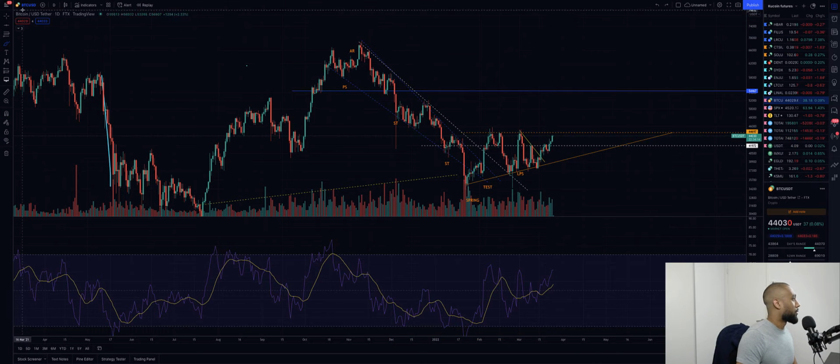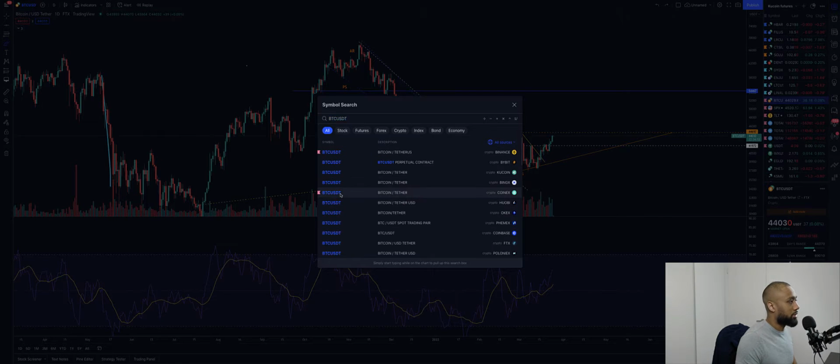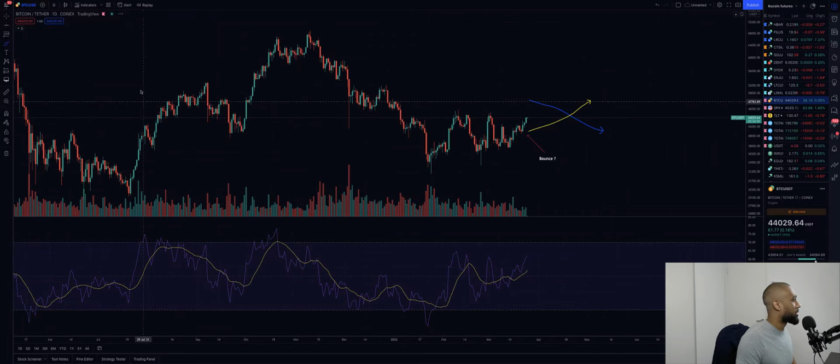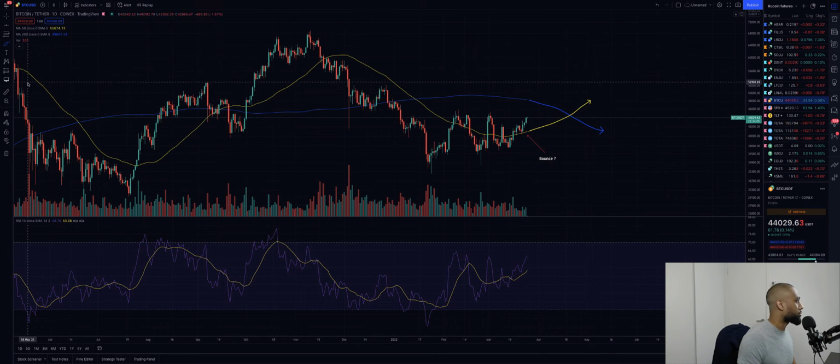bull market, right? So there's something else I wanted to bring to your guys' attention with the Bitcoin price, is that if I actually put the moving averages here, so if this right here is a death cross. Let me actually switch the color here so you guys can see. So when the 200 day,